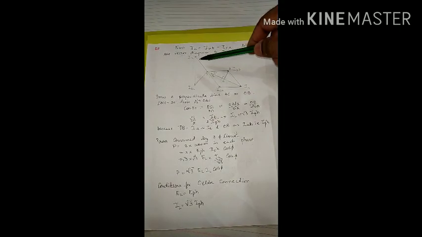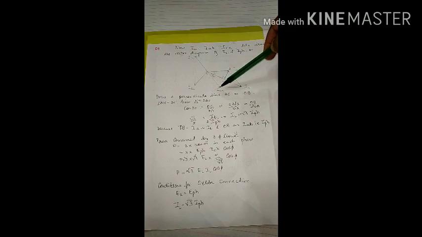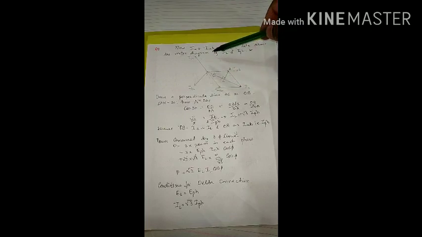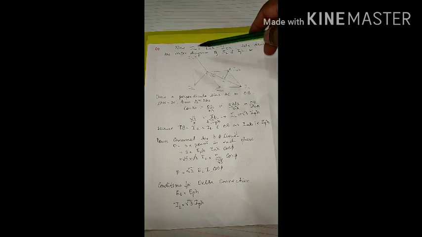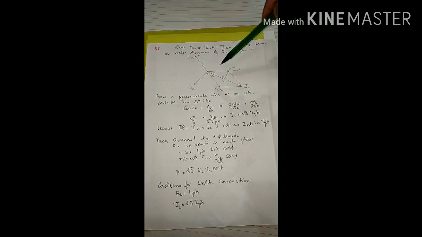So I want ICA as a negative, so I'm going to extend this ICA to this end, so I'm going to get minus ICA, right? Now IAB minus ICA, so I've got IAB minus ICA. So if I join IAB, let's make a parallelogram here, right? So when you join IAB and minus ICA, I'm going to get the current IA. So IA is a line current, IAB and ICA are the phase currents.